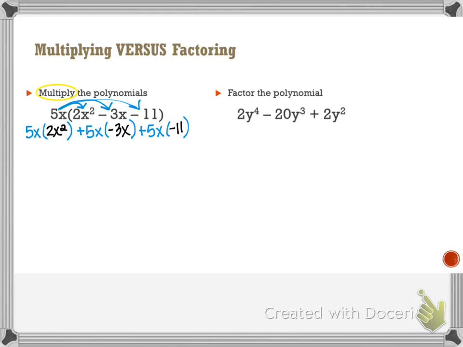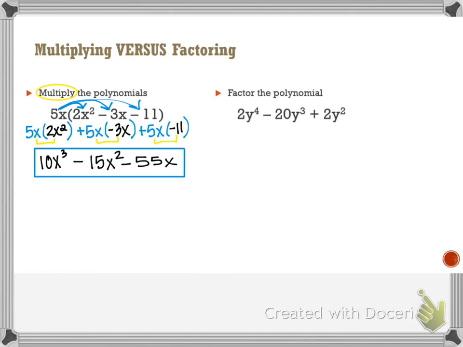So now I'm going to do all my multiplying. So for my first term I get 10x cubed. For my second term, I get minus 15x squared, and for my third term, I get minus 55x. Now, that's my final answer. Since that's the result of multiplication, we call this expanded form. So this would be the expanded form of the product of 5x times the trinomial 2x squared minus 3x minus